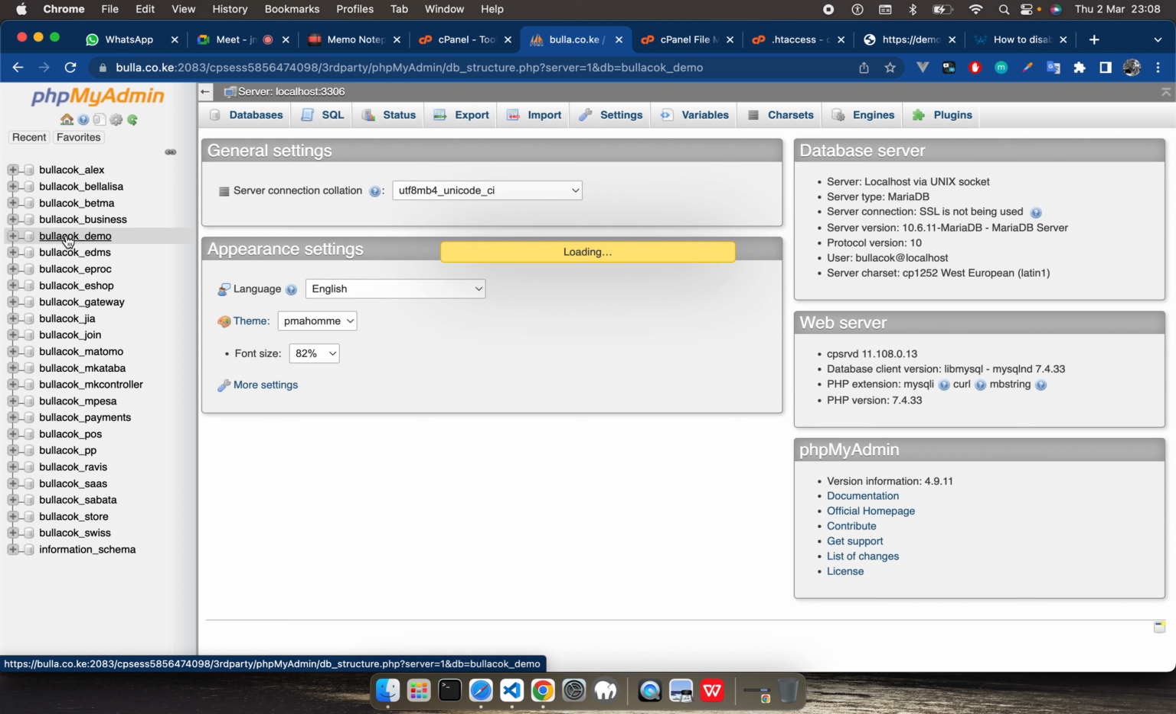So for now, you can delete this database. How you can delete it, and export. I think you know how to export and import. Do you? Yeah. So let me just show you. Assuming you don't have this database here, I'll just delete this bula.co.ku, that demo database. So that one, you go to